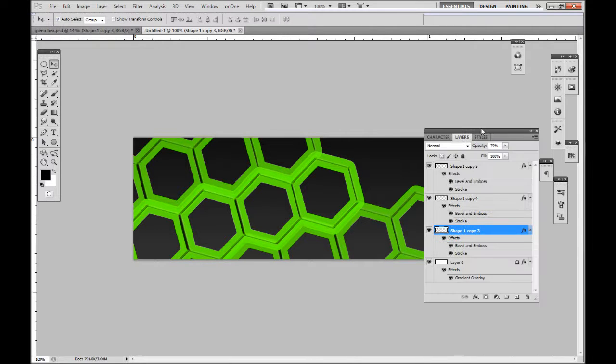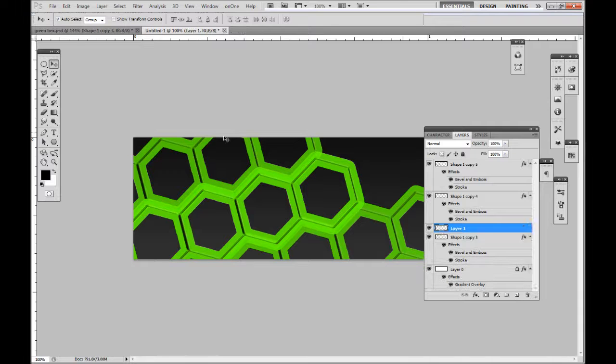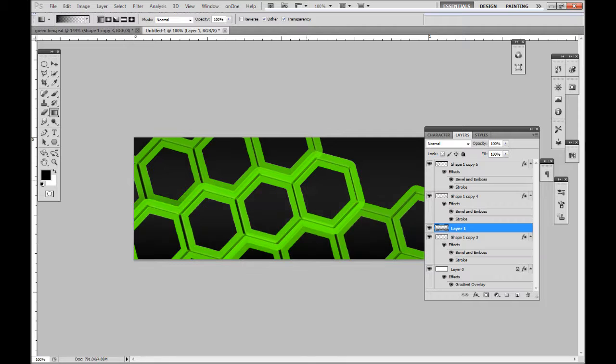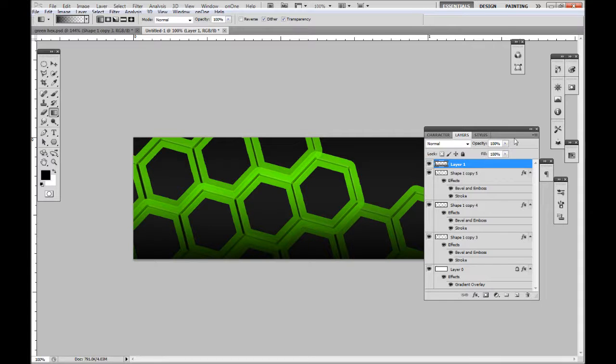We're going to go ahead and select a new layer, and we're going to select our gradient tool and make sure it's foreground to transparent, and the color will be black, and just come all the way up like that from the bottom. I'm going to make sure this layer is at the very top of everything, and we're going to go ahead and do the same thing to the very top. Come down just a little bit